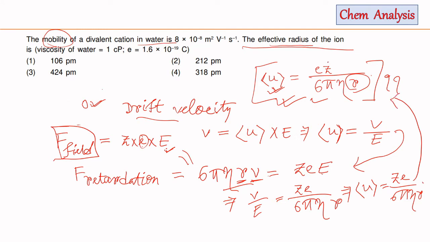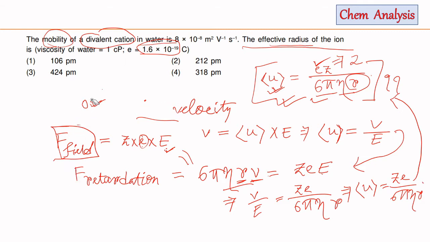So if we put in the values, e is the electronic charge, 1.6 into 10 to the minus 19 coulomb, and Z is the charge on the ion. Since it is a divalent cation, it will be 2, and for 6 pi eta, here you have to transform the viscosity, that is 1 centipoise, to its SI value. And for this